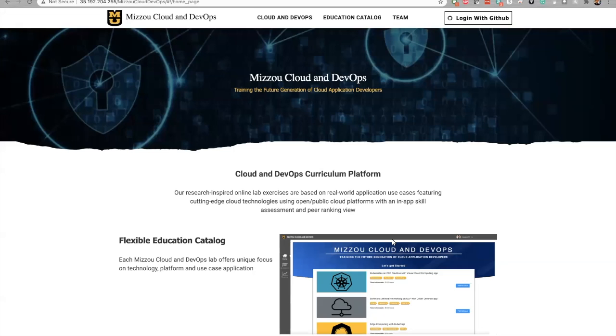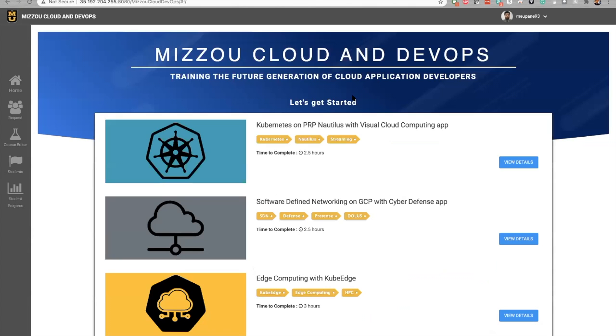So let's look at the instructor view of the portal. I've changed my user role from student to instructor for this demonstration. So I'm logging back in using my GitHub. It should already direct me because it already knows me. So this lands me into the landing dashboard of the portal, where an instructor, as you can see from